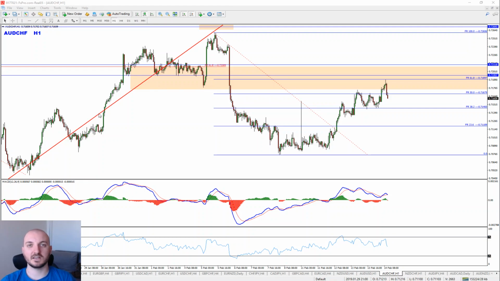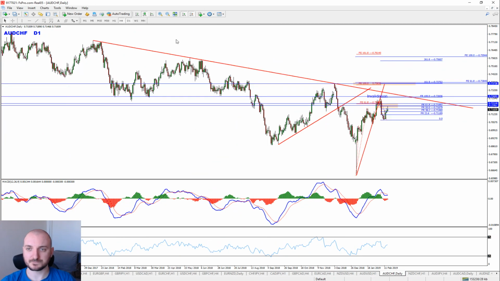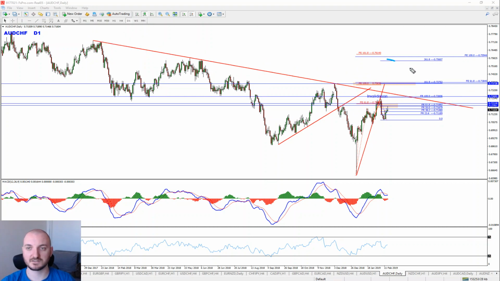My name is Jordan and I'd like to show you another 5-minute setup which I'm following. Well, this time we will be talking about Aussie franc, where basically the whole thing starts right here from the daily or weekly charts. We have this beautiful trend line which is holding the price strictly below at that point,